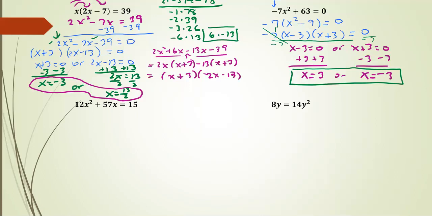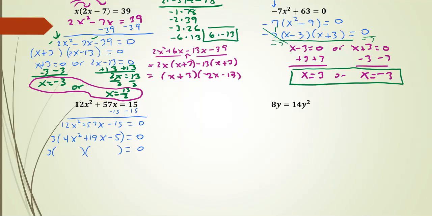We've got a situation where we need a 0, so I'm going to take 15 off of both sides. This gives us 12x squared plus 57x minus 15 is 0. I see a 3 in common, so I'm going to factor it out. Now I'll get 4x squared, and then I'll get 19x, and then I'll get minus 5 is 0. So I do need to factor,